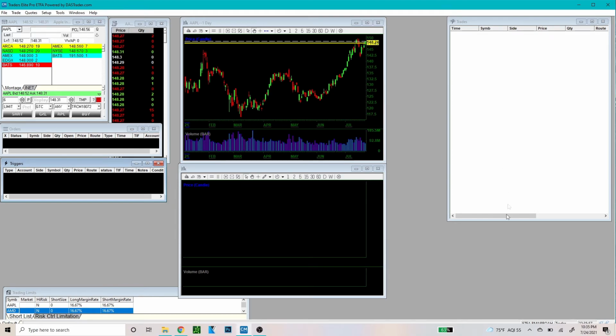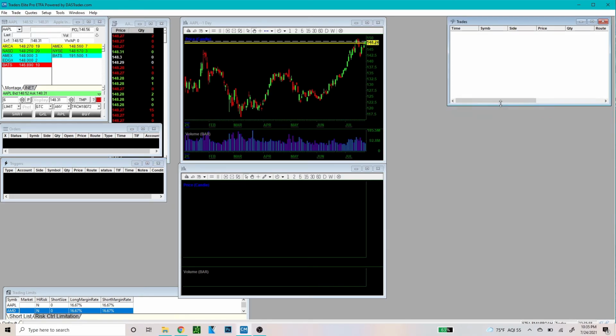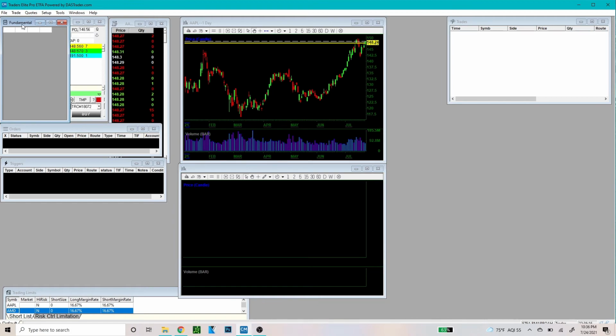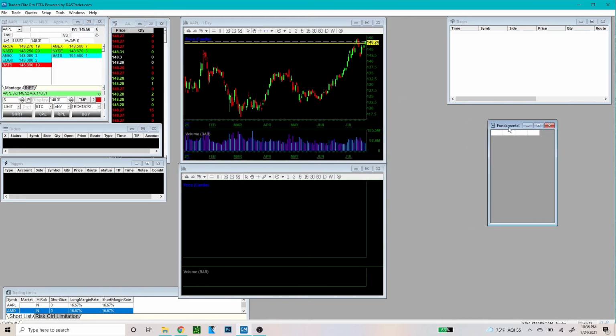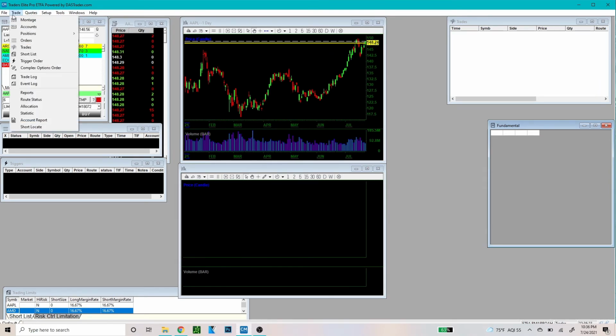Other than that, everything is really up to you how you want to have it. You really don't need your trades there because it's going to pop up on the website, and it may mess with your psychology if you don't want your trades out in the open like that. If you want fundamentals, you can throw that on there and get some fundamental news on these companies. But really, everything you're going to need is coming from these two windows, coming from trade, and it's coming from